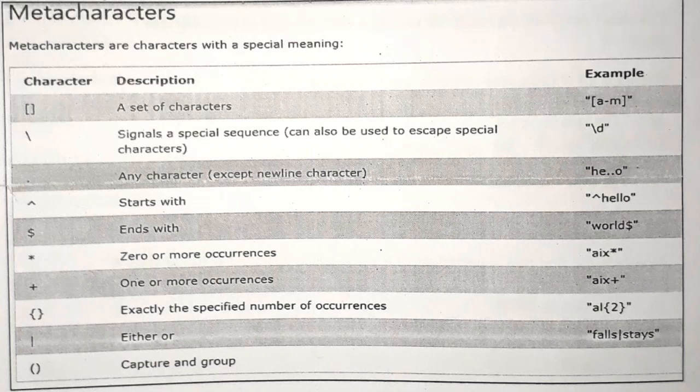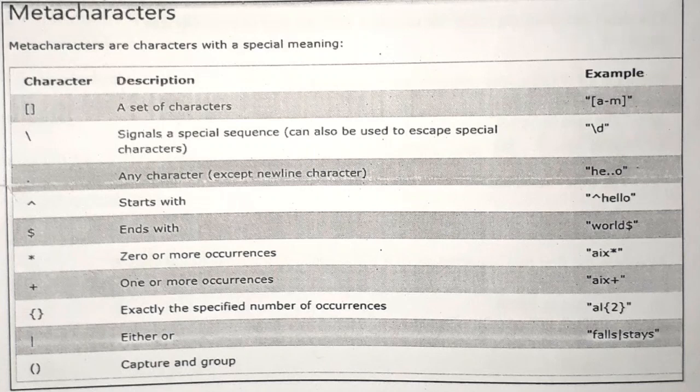And then we have plus. So plus and asterisk are actually almost similar. In case of plus, we are saying that one or more occurrence of the specific character is allowed. So after AX there can be any number of characters, or only AX is present, then also it is okay. So star is 0 or more occurrence, and plus character indicates one or more occurrence.